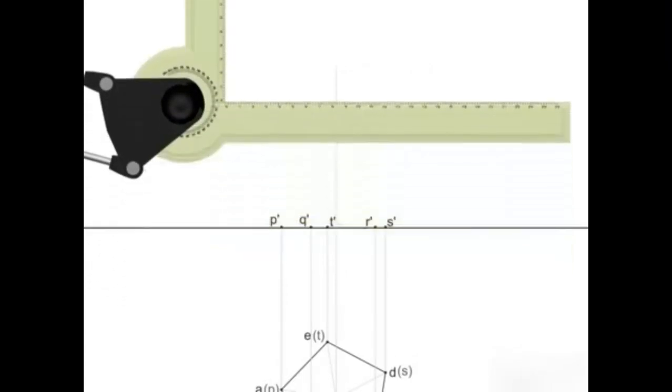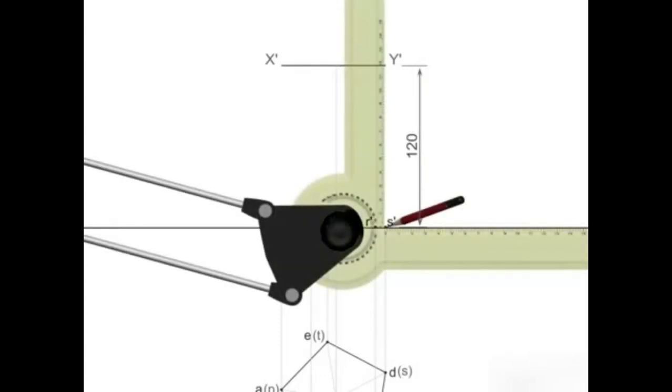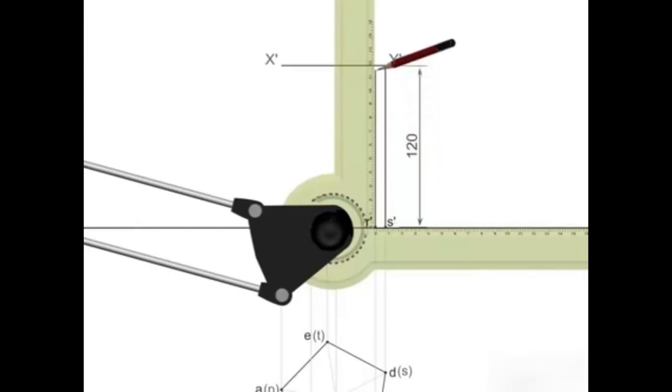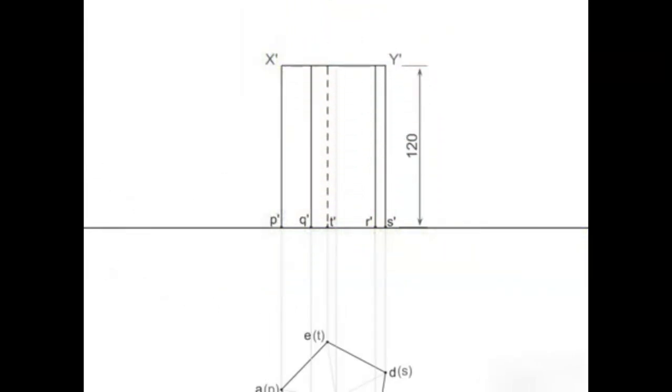Then draw line X dash Y dash parallel to XY at a distance of 120 mm. After that, project the base points vertically to intersect line X dash Y dash at points